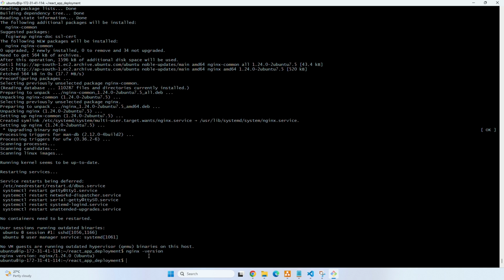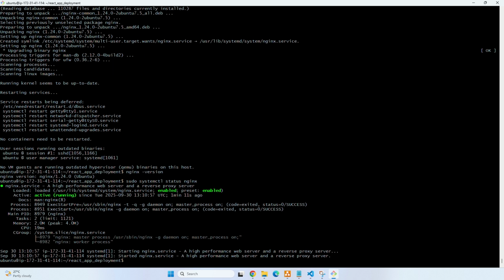We can also check the service status by using this command like sudo systemctl status nginx. You can see it is active and running. Let's clear the screen. So to deploy React application on Nginx,